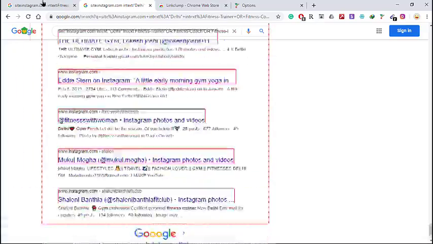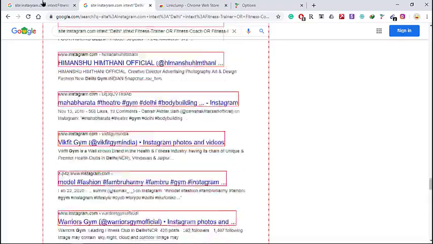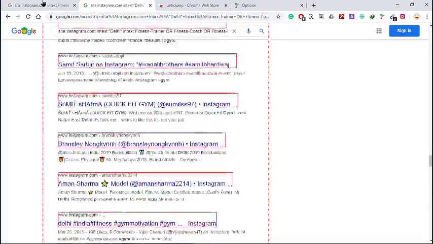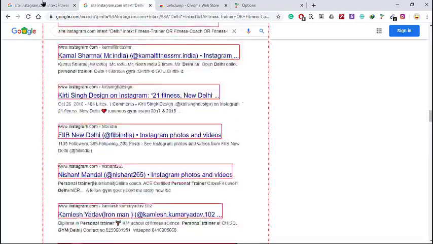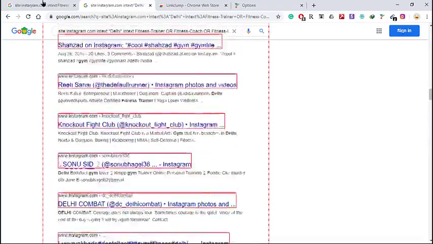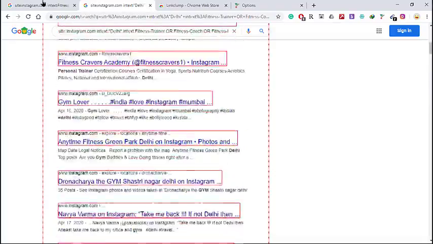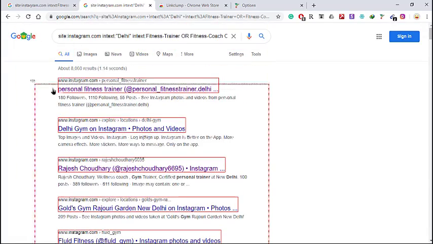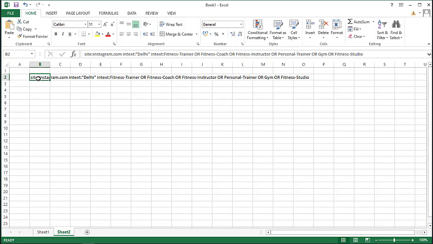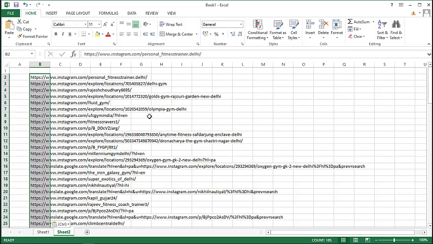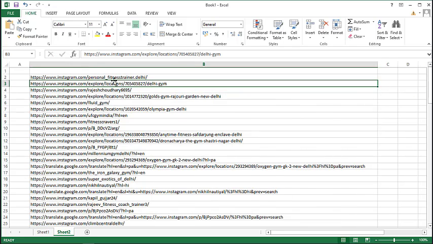It didn't get copied, so let me try one more time. So here I have the list of all the URLs from Google.